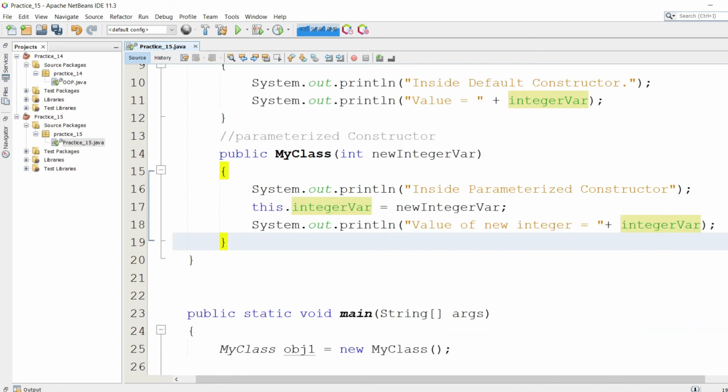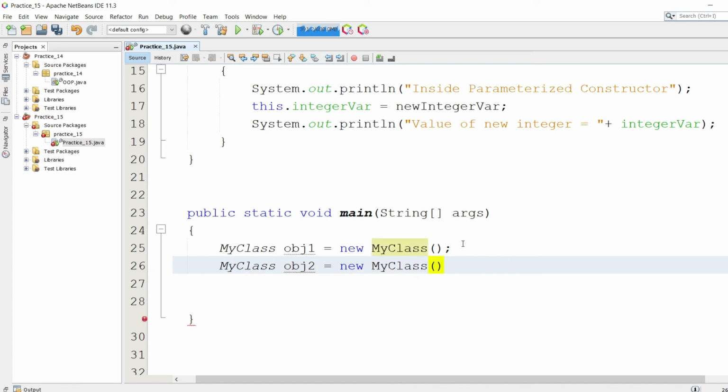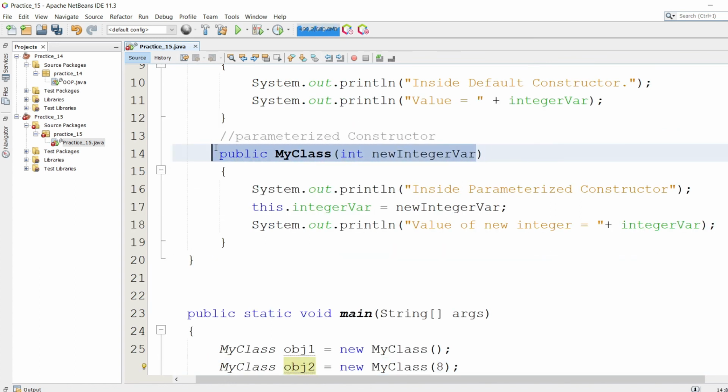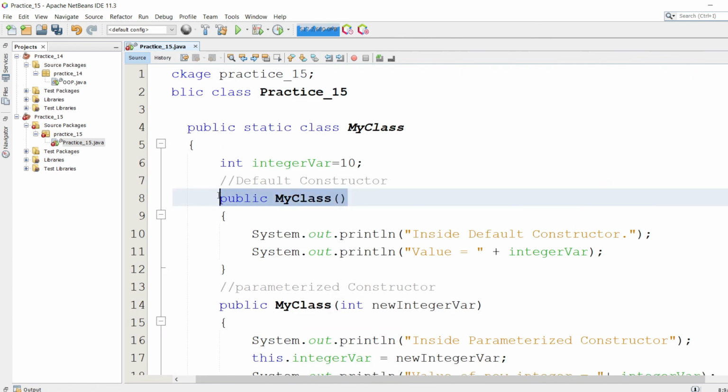So in order to call this parameterized constructor, let's create another object which calls the parameterized constructor: obj2 equals new MyClass. Then you need to pass one parameter here, like the value 8. So this second object is going to call this parameterized constructor, whereas the first object is going to call the default constructor.